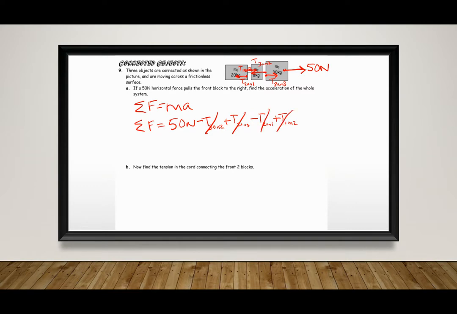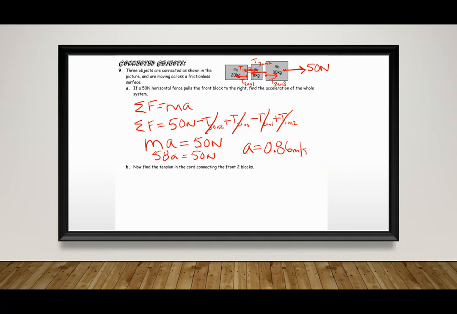So our overall force is equal to the mass of the entire system times the acceleration. And that's equal to 50 newtons. Okay, so we end up getting that the masses, we have 20 plus 30 plus 8, so we have 58a is equal to 50 newtons. When I divide both sides by 58, I end up getting that the acceleration of the entire system is 0.86